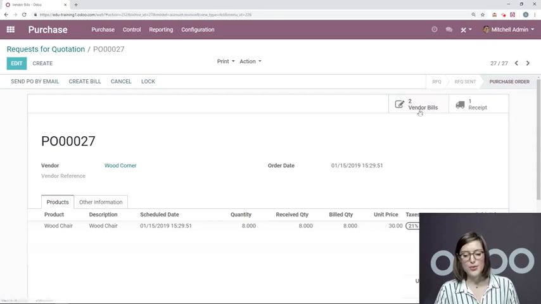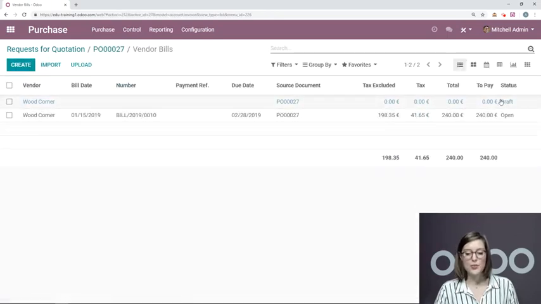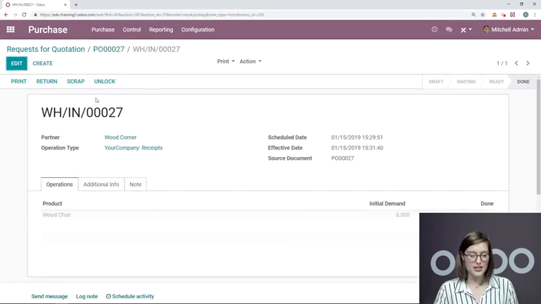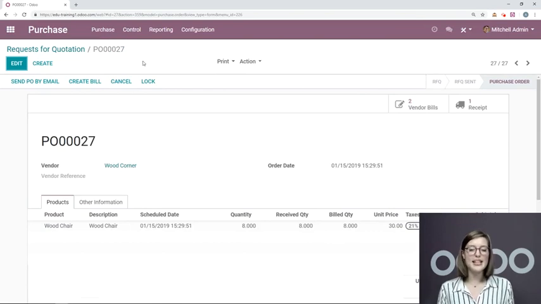So now it says 2. If I click on that, I see that I still have 1 that's in the draft status. I also see that I have my products, and that's received and validated. Now let's create a new request for quotation and see what happens when we only receive a certain quantity rather